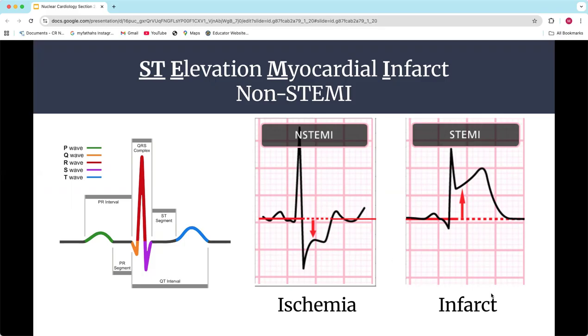And then when you have infarct, you're going to see ST elevation. Okay, so that's why I mentioned before, when you're exercising a patient, these are two things to look for. And again, I know a lot of you probably have an EKG tech coming in and running this section for you, but it's still helpful for you to recognize these things, because these can be problematic with your patients when you're trying to exercise, especially the infarct.